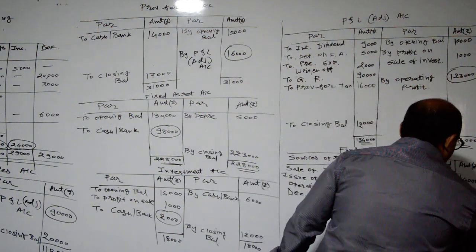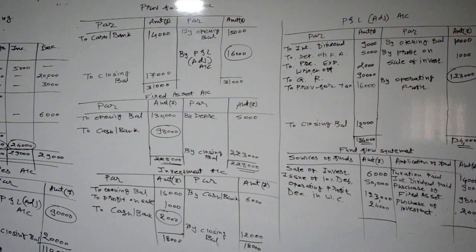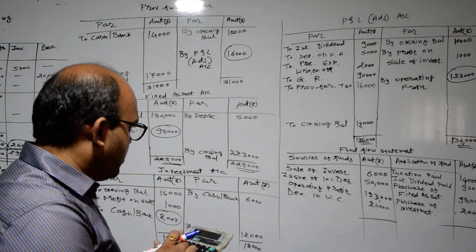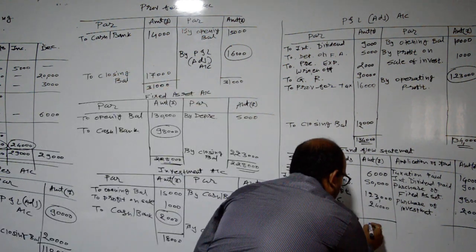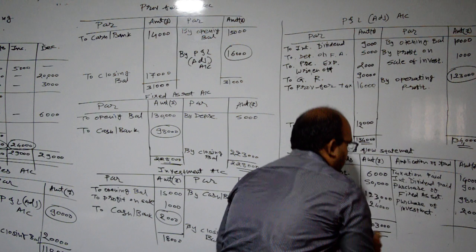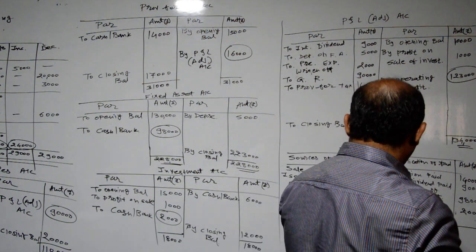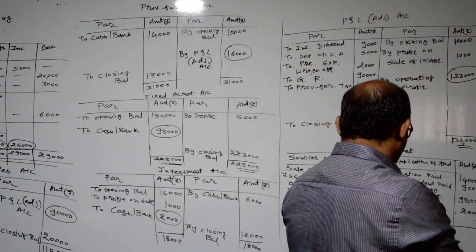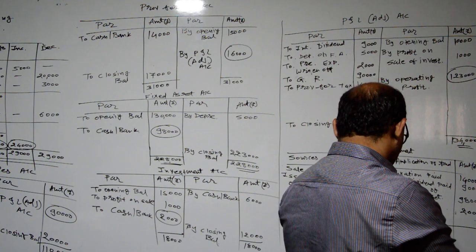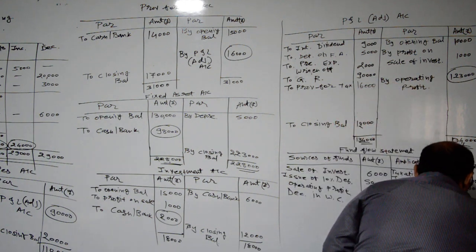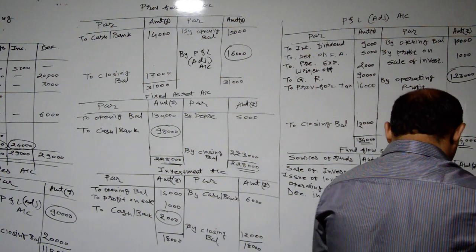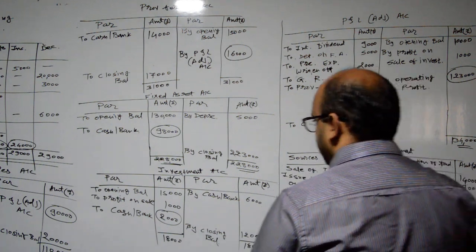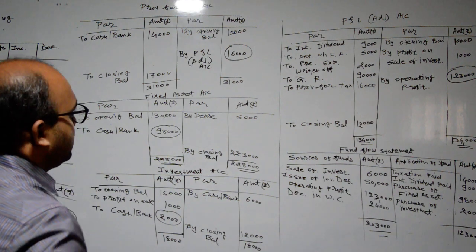So there will be a total of fund flow statement. First of all, we are starting with 6,000 plus 50,000 plus 1,23,000 plus 24,000, 2,03,000 here. In case of application of fund side, 14,000 plus 9,000 plus 98,000 plus 2,000 means 1,23,000. So there is a difference of 1,23,000 minus 2,03,000, 80,000. So for 80,000 there is a difference.